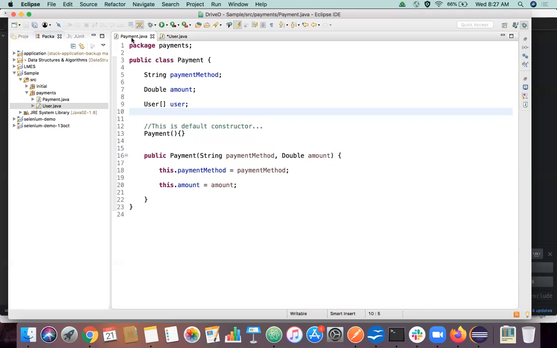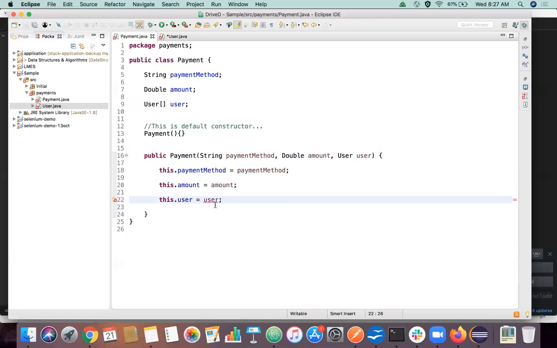I guess we need to add one parameter in the payment constructor. So like user. So then we can add that. User, right? We can add like this. Yes. So I just wanted to assign this particular user to the variable we declared here. So we are going to do that. It should be the same way like the other, this dot user is equal to the value. Let's try to do that.